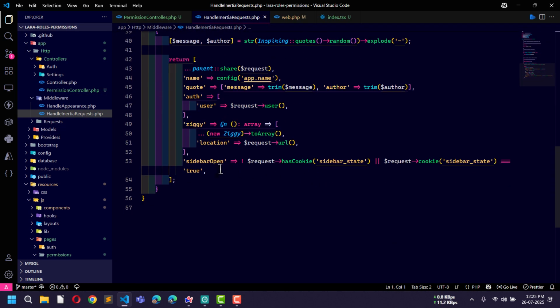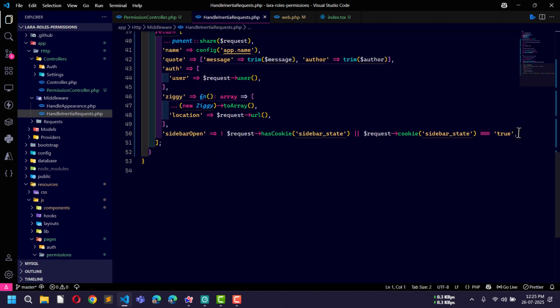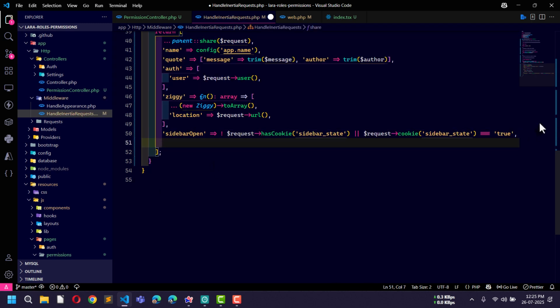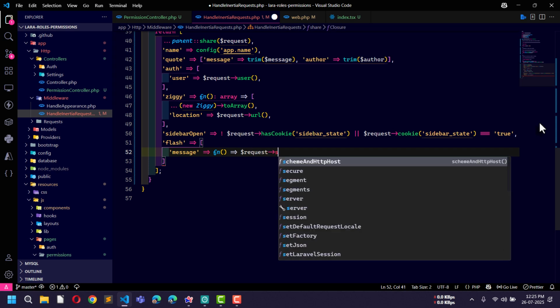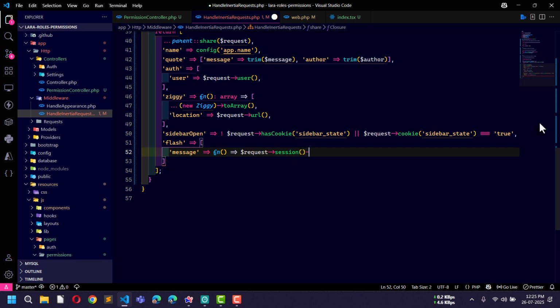Now here what I will add is one more array here, like flash, and then inside this I will use message, a function, and then request session get message. Okay,